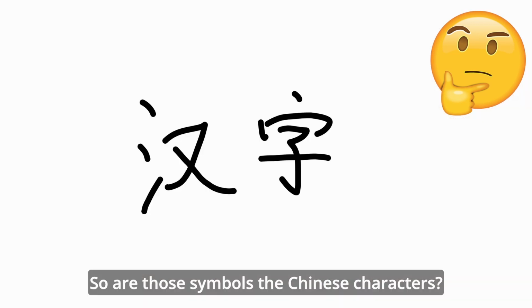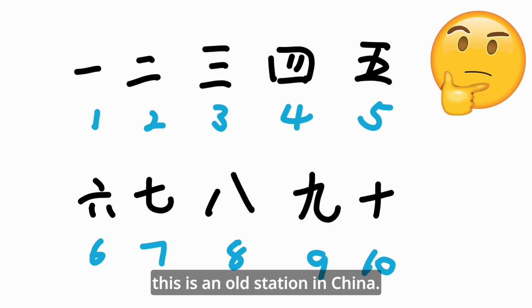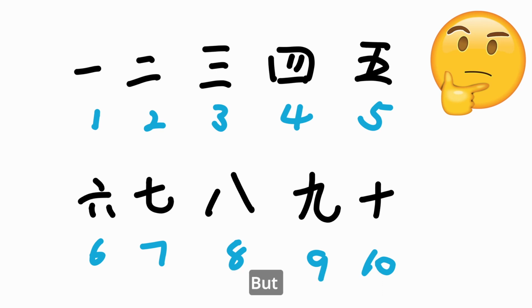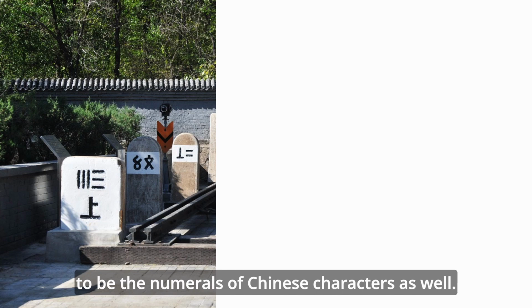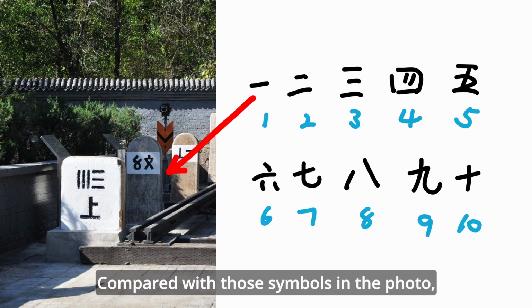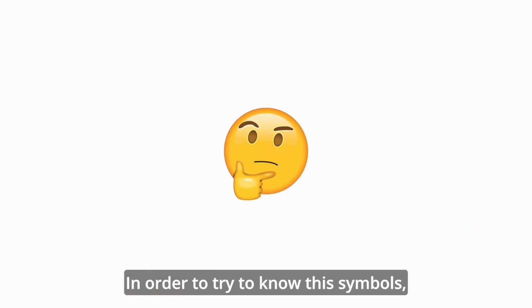So are those symbols Chinese characters? After all, this is an old station in China. But those symbols don't look like the numerals of Chinese characters either. Compared with those symbols in the photo, they may not be the same text. In order to try to know the symbols,